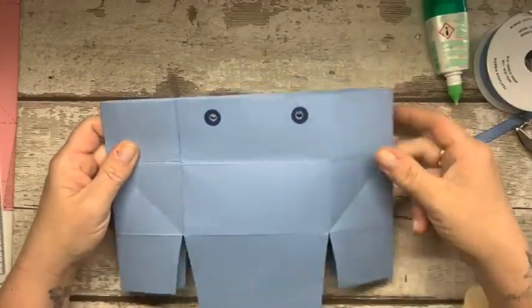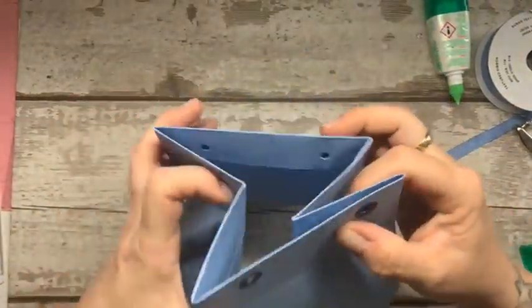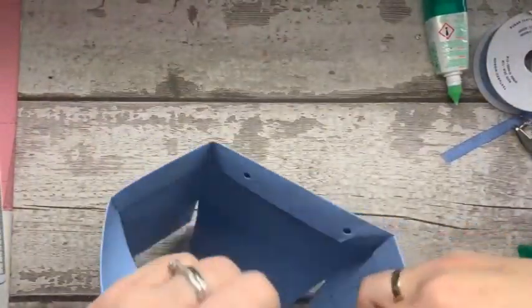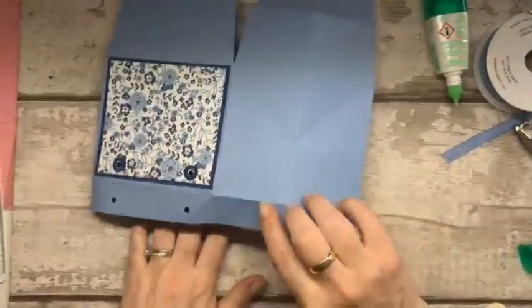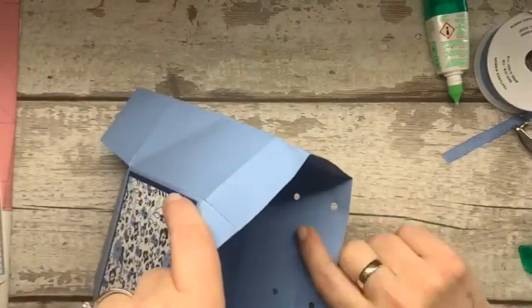Right, okay. So we need to add a ribbon. Now this pops out again, so don't glue that down. Just so when we're attaching it, we can put some tearing tape in here, which I'm going to do. I don't know if you can see that right. I just need to make sure that I'm not